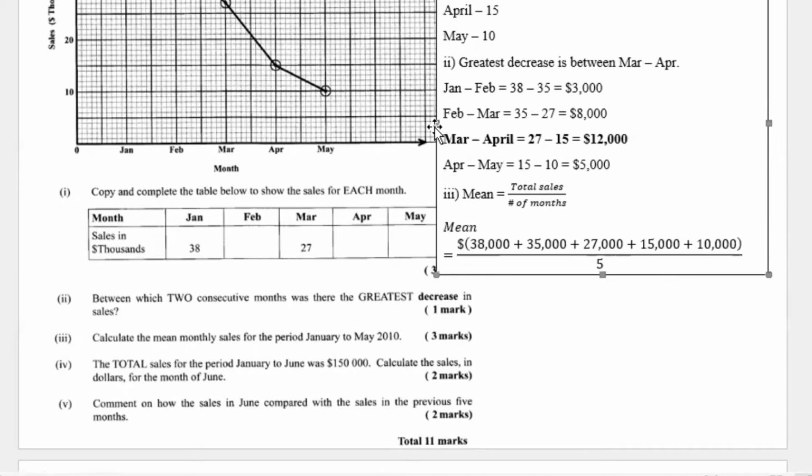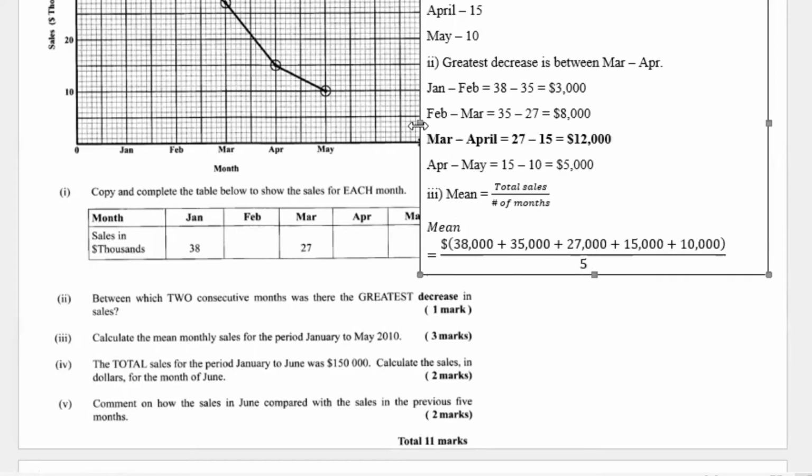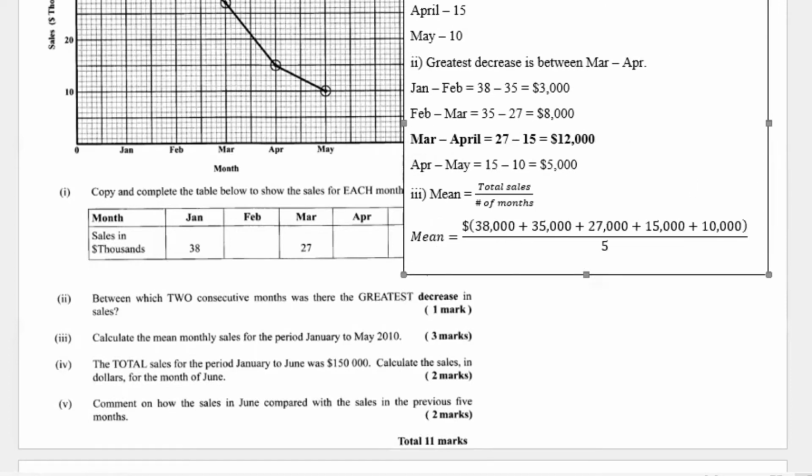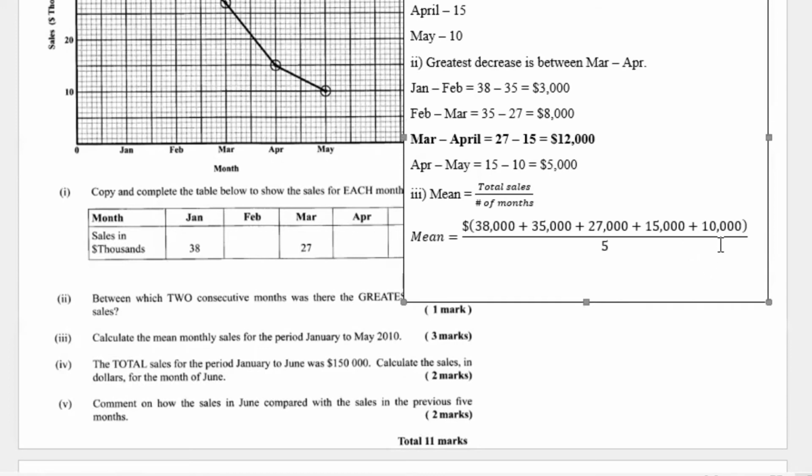Let's bring this over so it can show. Okay, so that is it. Perfect. So therefore, we will have that. Now you can go ahead and add the